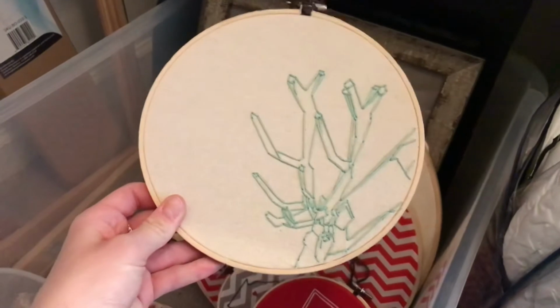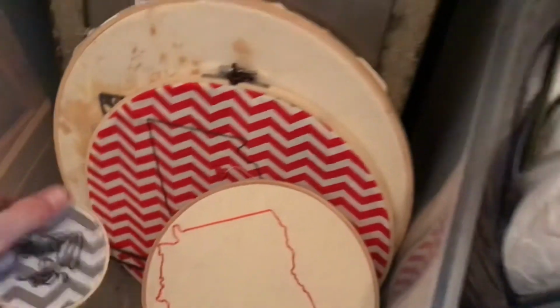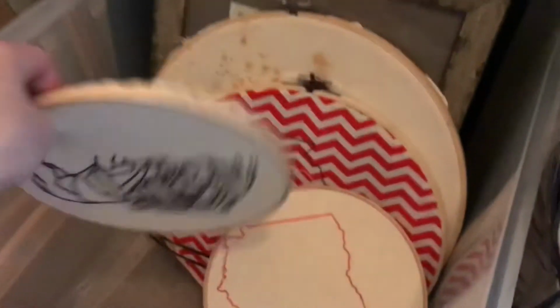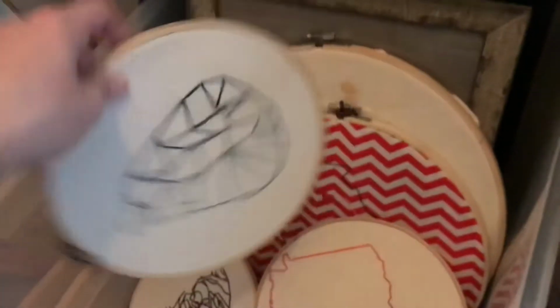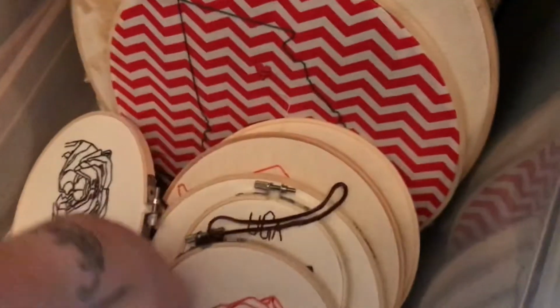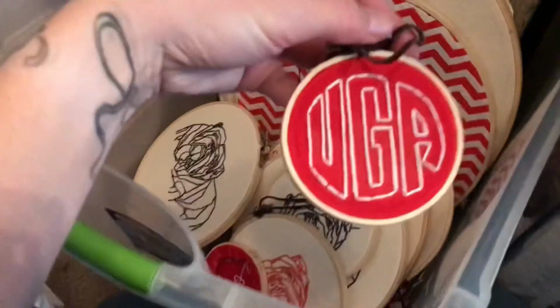This is, no, it's not a reindeer. Deer antlers. Another Athens love one. This is tiny. I sold several of these. This is little go dogs. Georgia bulldog. A pair with 2 different tones of embroidery thread. Another UGA. This one says UGA. This one says Go Dogs. And UGA. I go to UGA, by the way,